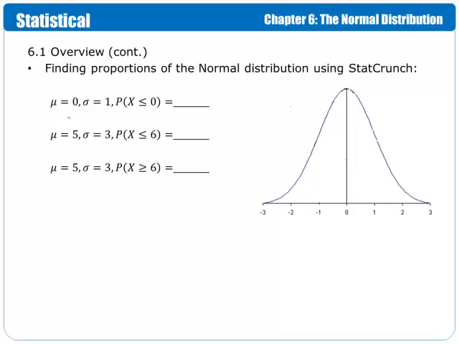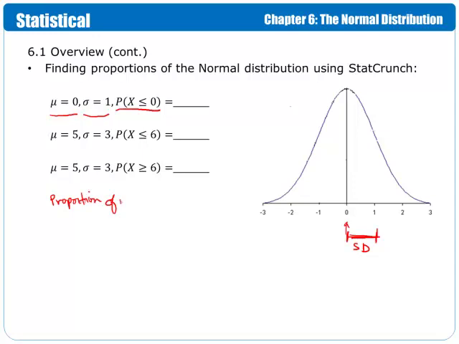For the first one, we indicate that we have a population with a mean of 0 and a standard deviation of 1. That is exactly what we have in this graph right here. A mean of 0, which is the center, and a standard deviation of 1, meaning that this single standard deviation has a distance of 1. So now what we want to find here can be written 2 different ways. We can write that as the proportion